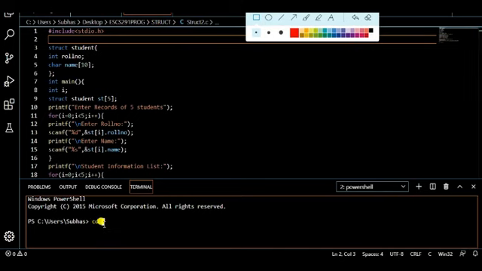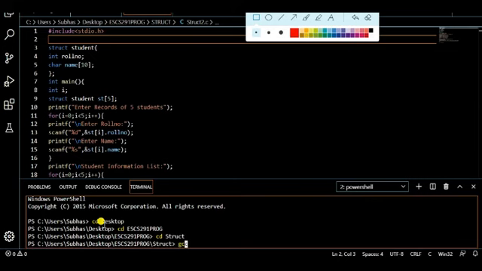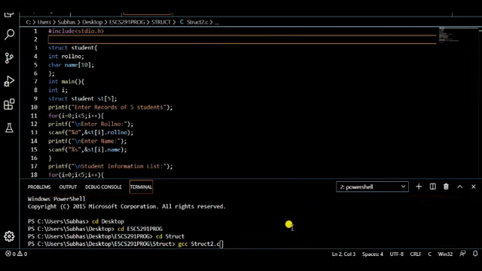So cd desktop, then cd ESCS291, PROG, okay, right? Then cd struct, then cc, what is the name of the file? struct2.c, right?